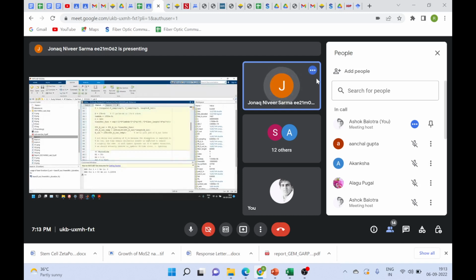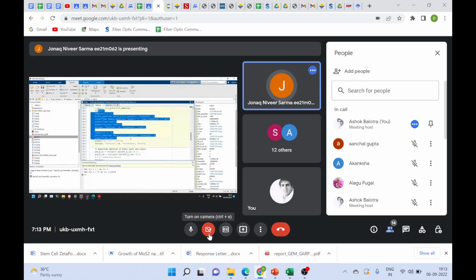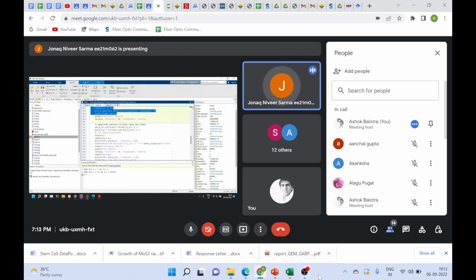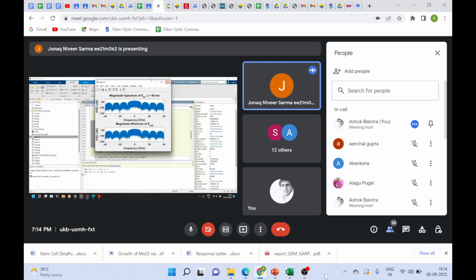This is all the working code basically. And then we detect it using a photodiode. The photodiode has some noise also that we use, and then we plot those. These are just plotting, and we'll also see the magnitude spectrum. As we run the code, you'll see that